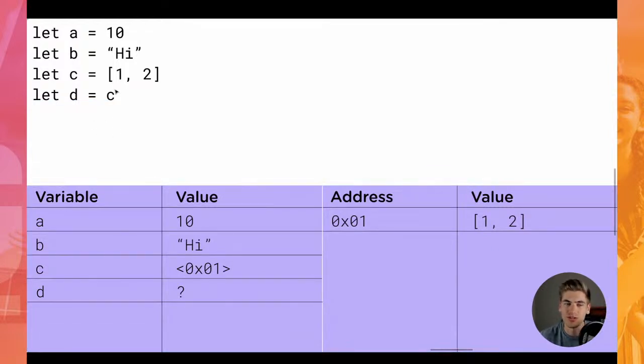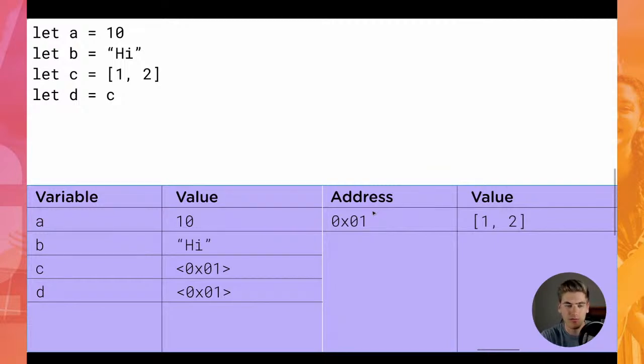Essentially, this is just like JavaScript. We take the value of the variable on the right, in our case it's this 0x01, and we set that to the value of the variable on the left. And if we move forward, you can see here that we have that reference being set for c and d. But you will notice that there's no more memory being allocated. Both c and d point to the exact same memory address, which means c and d are referencing the exact same piece of memory inside of your code,